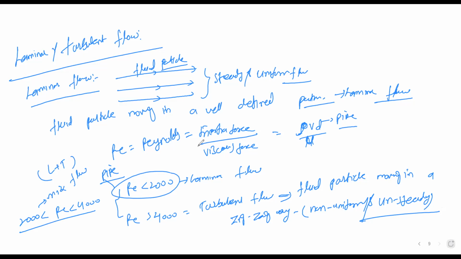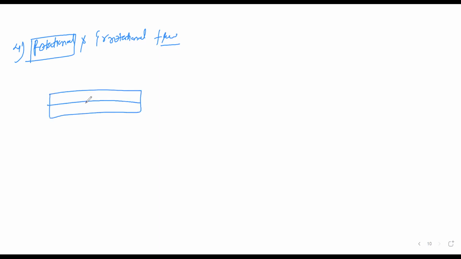Next हम लोग के पास है rotational and irrotational. That is the fourth one. Rotational and irrotational flow. So rotational flow means what? तो अगर कोई भी fluid particle है, like let us assume that this is the fluid particle which is having a path line, this is the path line. And if this fluid particle is moving in a straight way and it is also revolving about its axis,